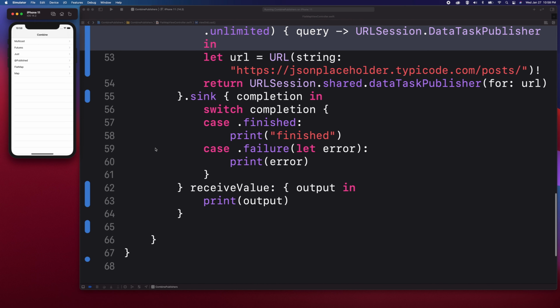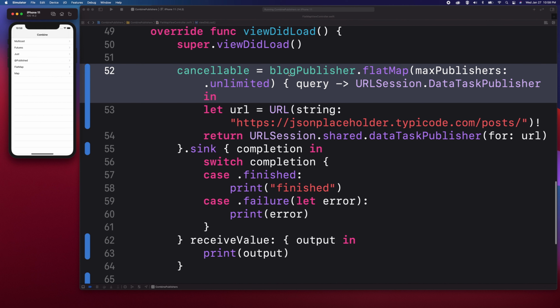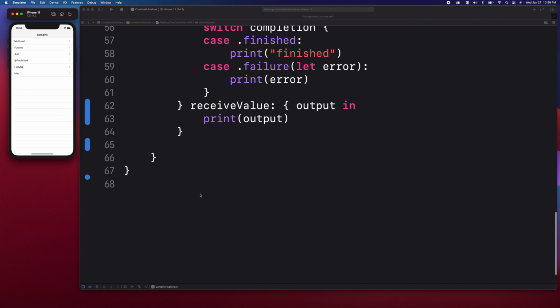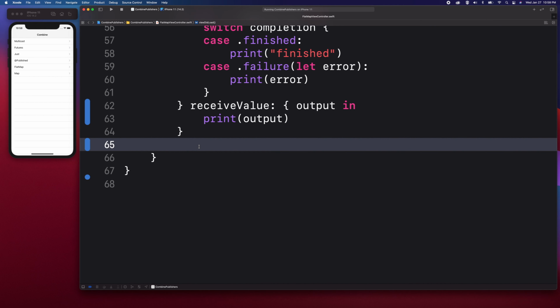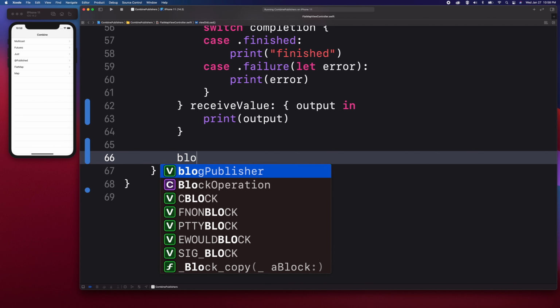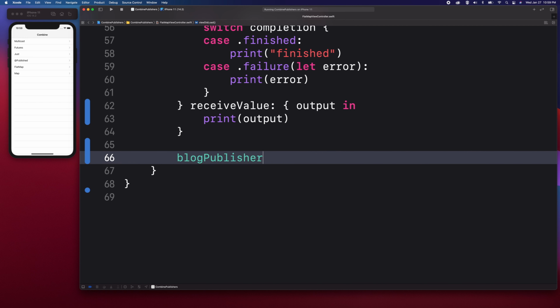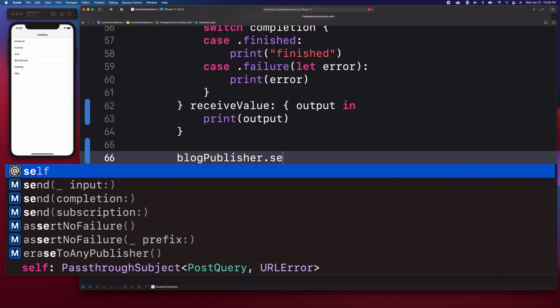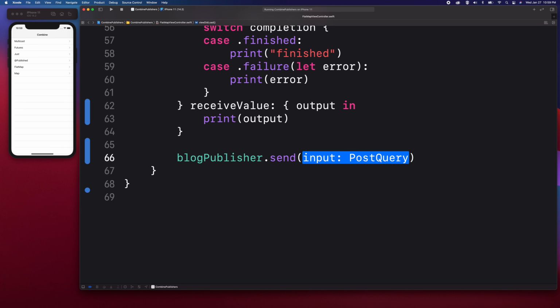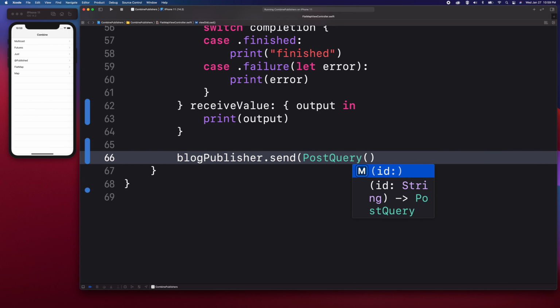Now the next thing that I want to do is use the blog publisher, and then we need to send our post query. So I'm going to use the blog publisher, and then since it's a pass-through subject, we are able to use the send method to pass values. And it requires the post query,